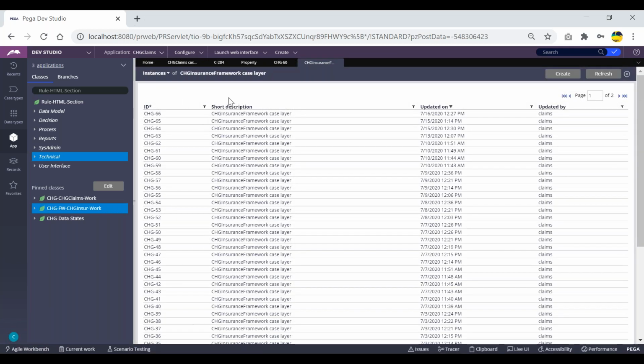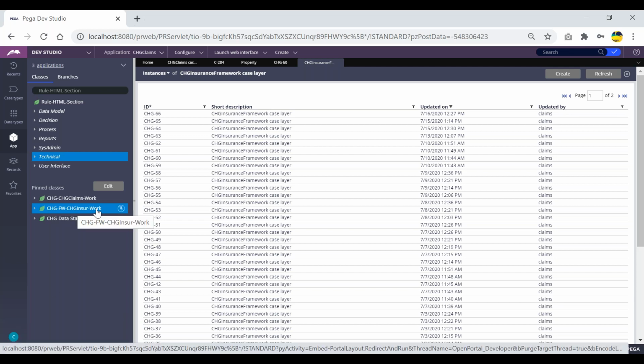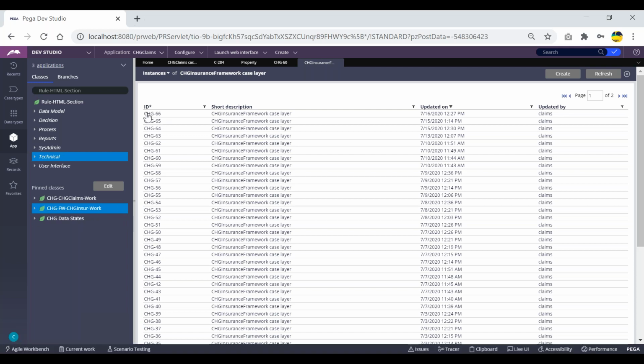So just to compare the instance with the records only. This is completely user interface, and that is completely the database table. There will be one table connected to this class, and there will be this many records stored as instances there. Suppose I am creating a new work object ID, we'll have only one record in the database table. Similarly, there should be only one instance created here. So both are the same. We'll be calling this an instance, and we'll be calling that a record.